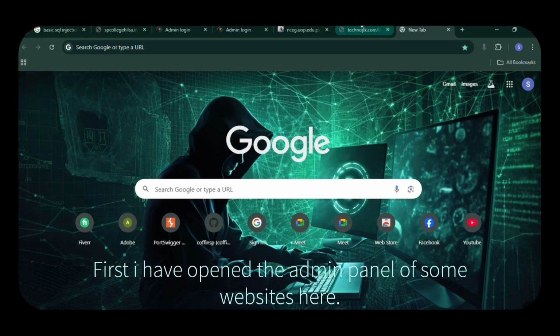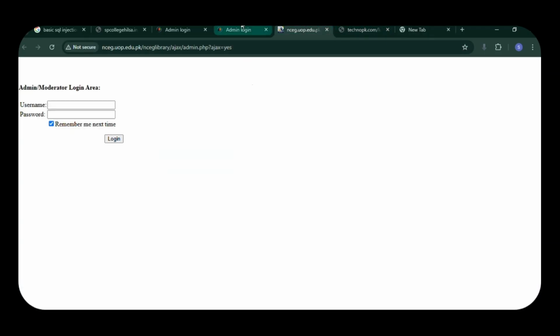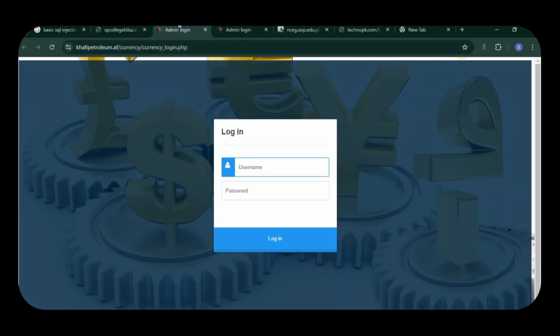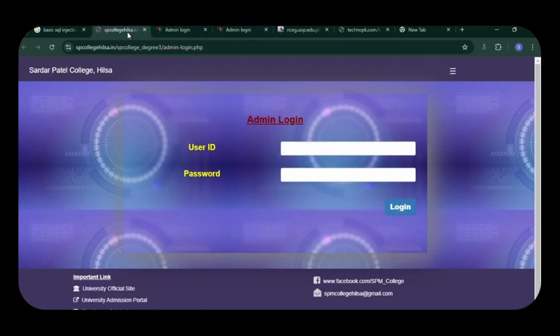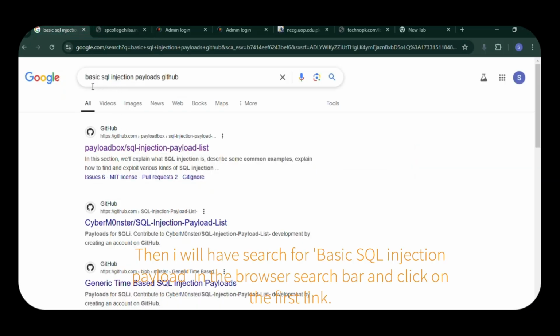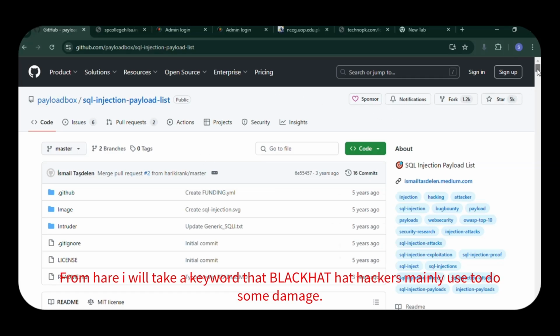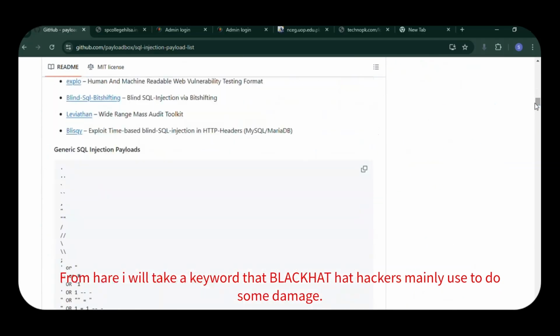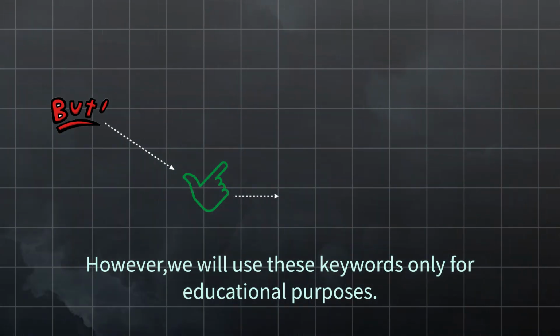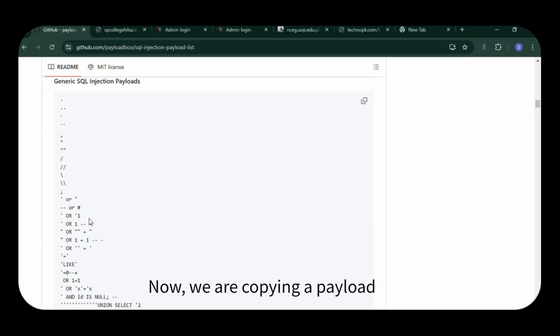First I have opened the admin panel of some website here. Then I will search for basic SQL injection payload GitHub in the browser search bar and click on the first link. From here I will take a keyword that black hat hackers mainly use to do some damage. However, we will use these keywords only for educational purposes. Now that we are copying a payload,